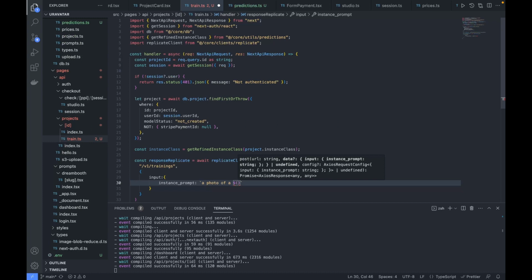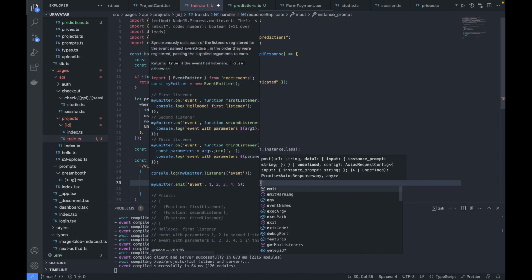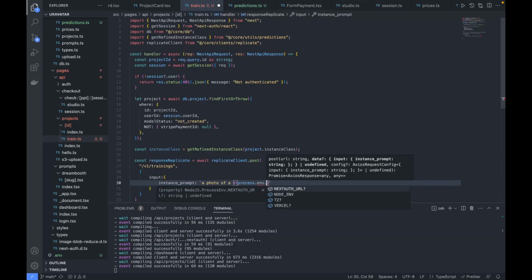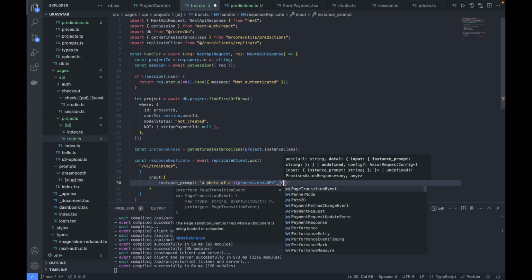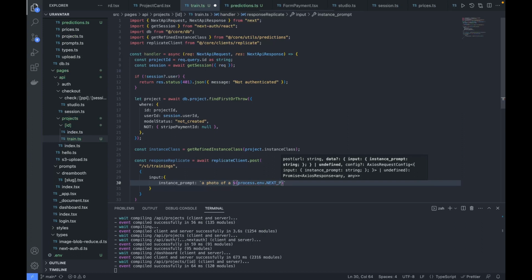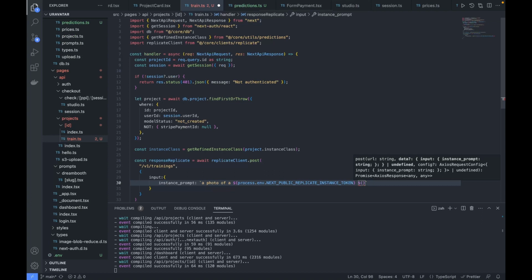So process.env.NEXT_PUBLIC_REPLICATE_INSTANCE_TOKEN and the instance class which we have just created above. Okay, so after this